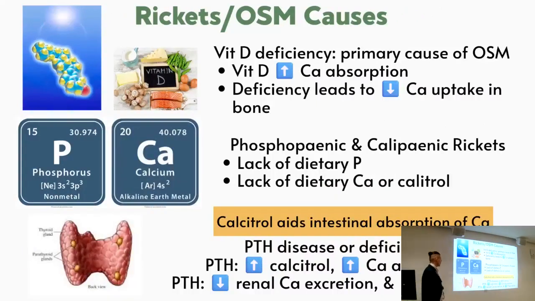I've mentioned a lot of this already. So vitamin D helps us with calcium absorption. Deficiency leads to a lack of calcium absorption. There's different types. So you get phosphopenic and calcipenic rickets. One is a lack of phosphate, one is a lack of calcium or calcitriol. Calcitriol is the active form of vitamin D, which allows us to absorb calcium,